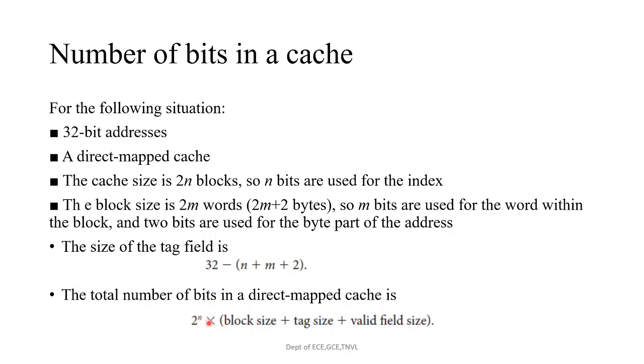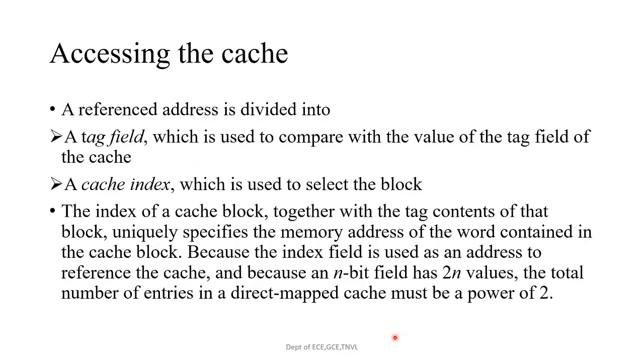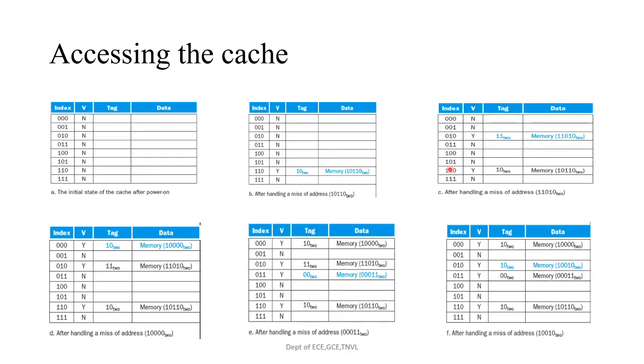So 2 power n into block size, which is m, plus the tag size, which we have calculated using this formula, plus the valid field size. Valid field size, we are setting this as 1 bit. So in the previous case, if you see here,